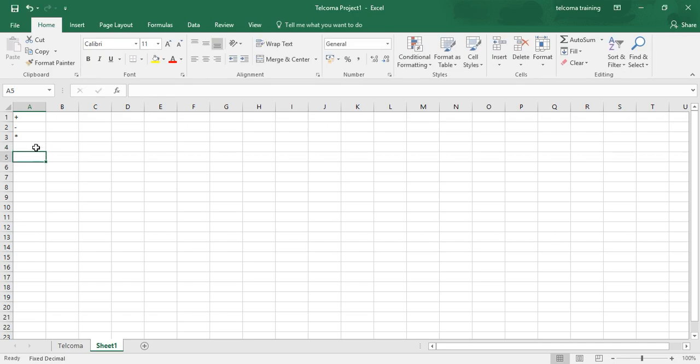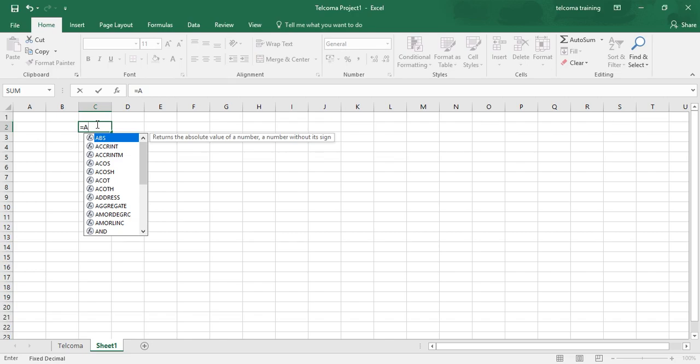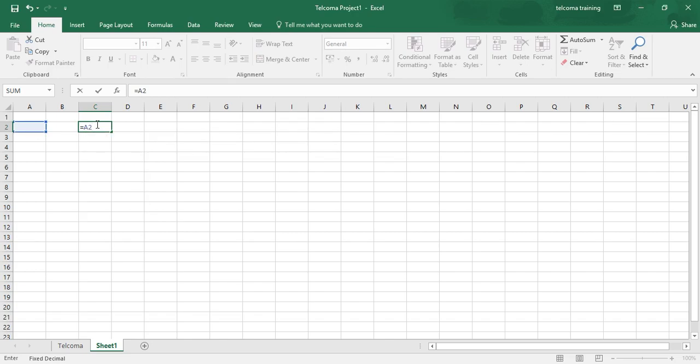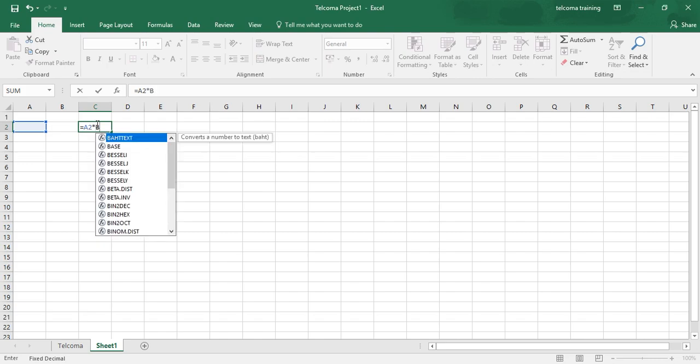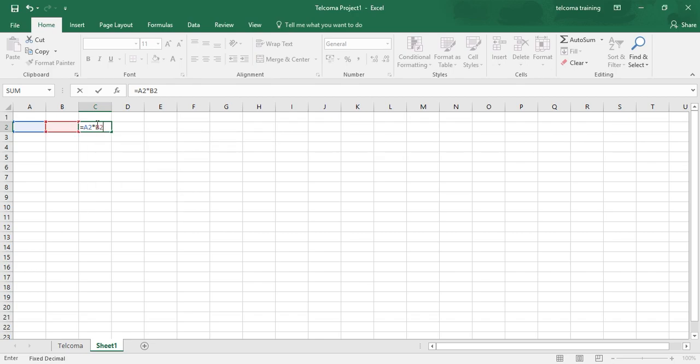Now how to apply formulas between two cells? Let's have a look. Select cell C2. Now we type a formula here, starting from equal, that is going to multiply the contents of cell A2 and B2. So you have to write here A2, the multiplication sign, B2. It is going to give the calculation